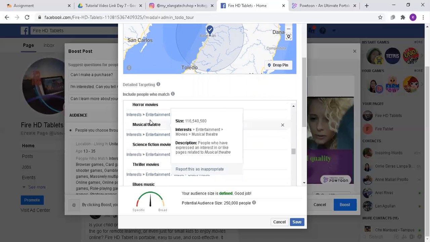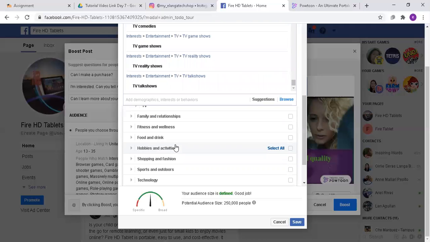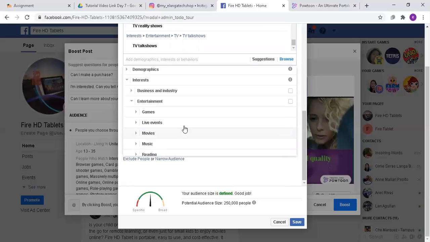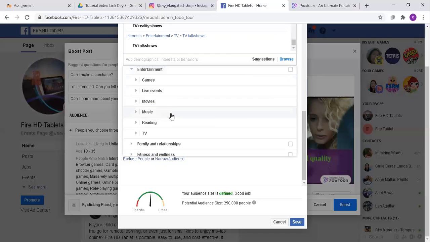You can choose any of these options below, as long as it matches your post, or the type of audience that you really like to target.